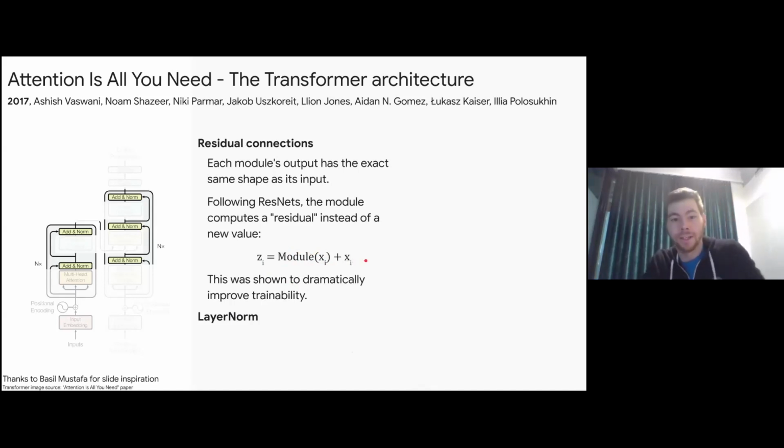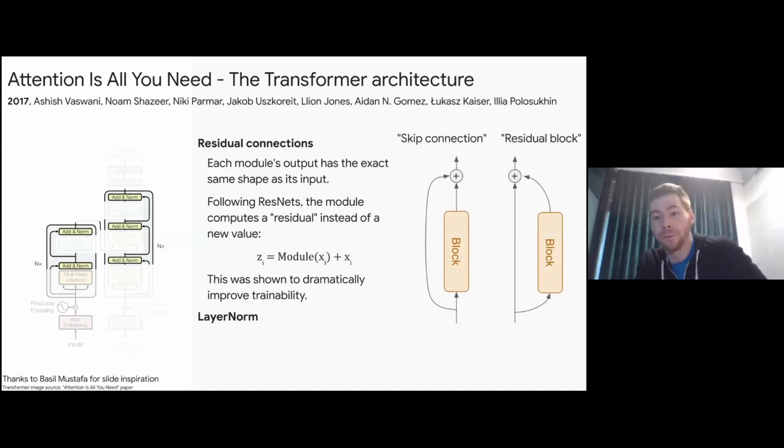Told like this, it sounds like complete nonsense. But in the residual nets paper, it was shown to improve trainability a lot. And it had good reasons for it. Like the gradient path from output to every single module becomes a lot shorter. But I also like one particular